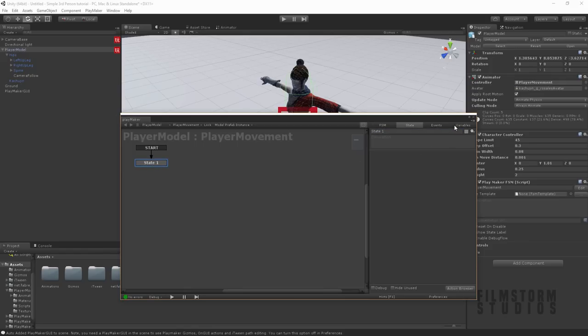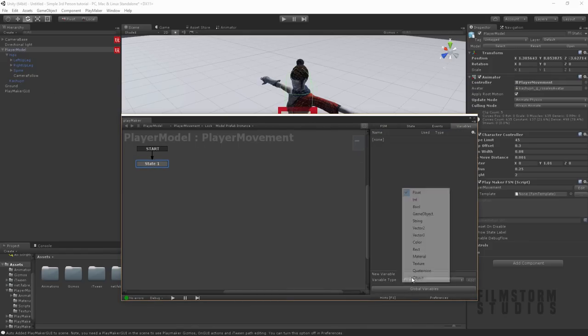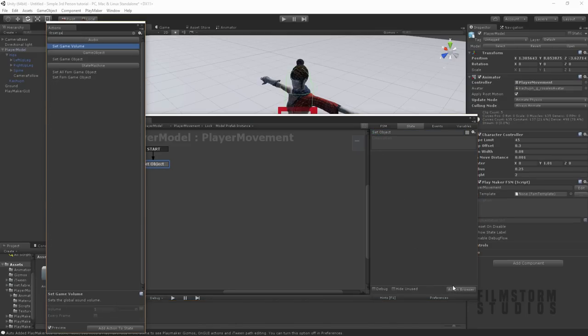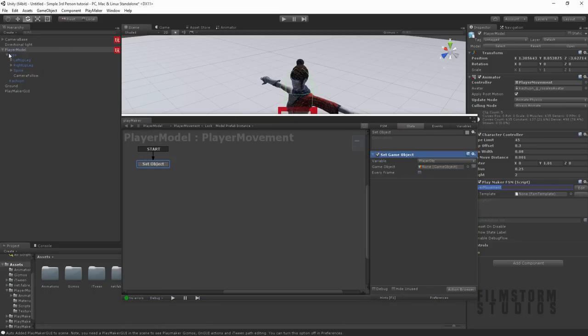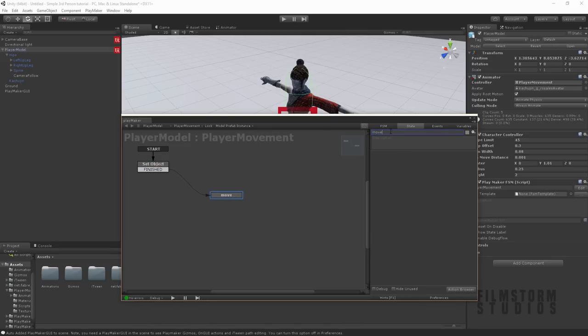It's very important when you have your main character model to quickly create a new game object and call this player object. It will save you so much time in the future if you state what object your actual player is, because then you can reference it back whenever you're creating another FSM. So we're going to say set game object, and we're going to set this game object as a player object, and the player object is this guy. Once it's done, we're going to say finished and move on.